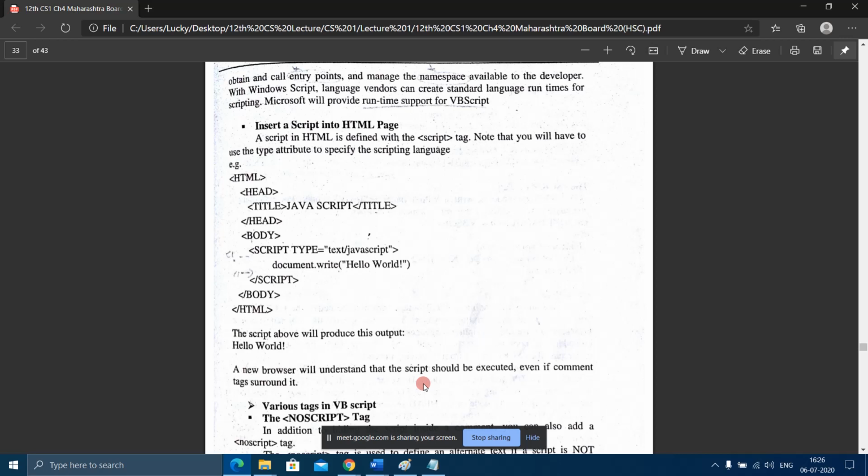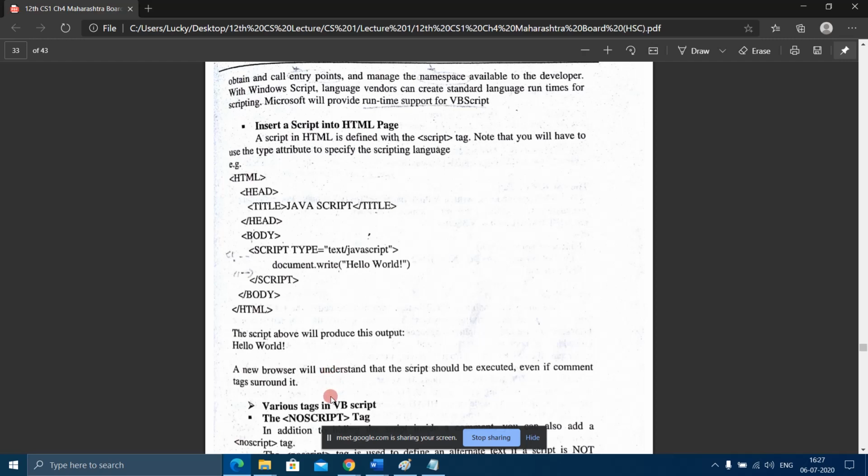Now we have browsers which understand even if there are comment tags, the content surrounded by comment tags. That's what it means. Even if browser understands the script tag, then whatever is written in comment tag will not be considered as comment, it will be considered as the scripting language.